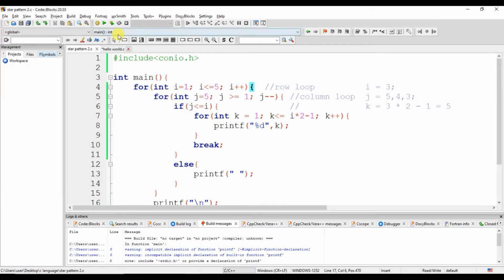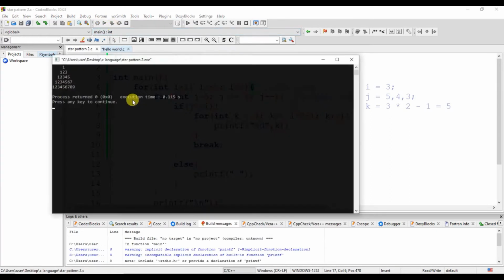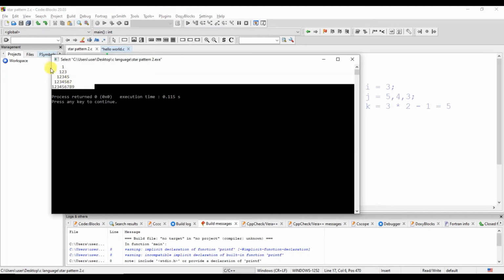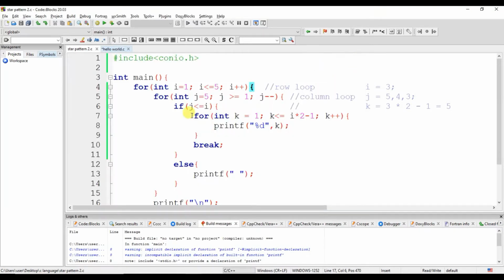So in the previous video we showed this number pattern. In this video we are going to create a diamond pattern with the numbers, and after that we will create that pattern with stars, but first with the numbers. So how does a diamond pattern look?